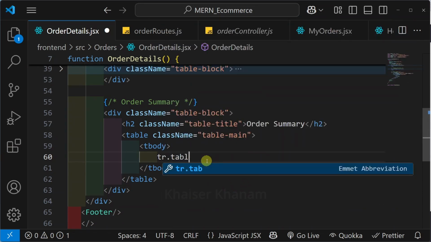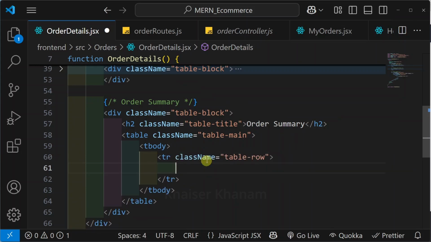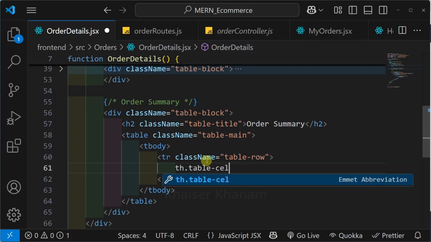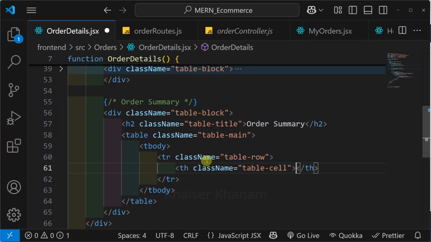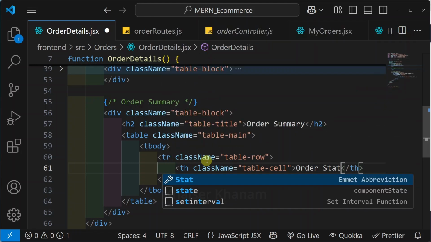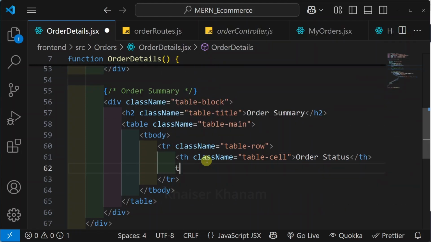Then here I will be creating table row. For this, I will give the class as table row. Then I will be creating table head. For this, I will give the class as table cell, inside which first I will write order status. Below this, I will be creating table data, and for this, I will give the class as table cell, and